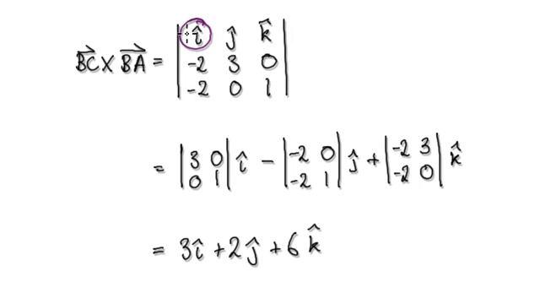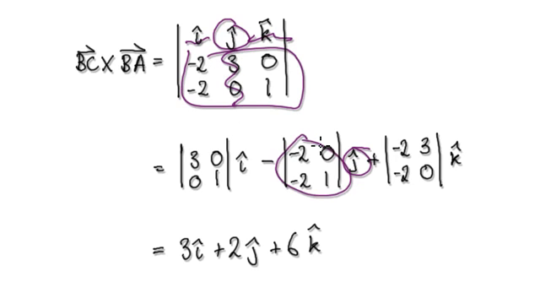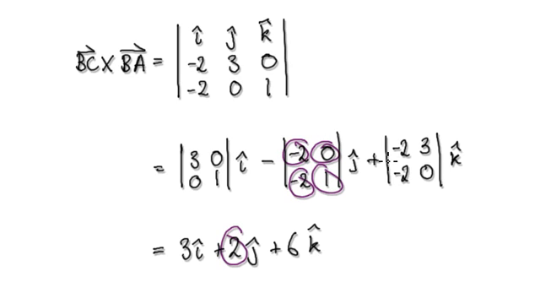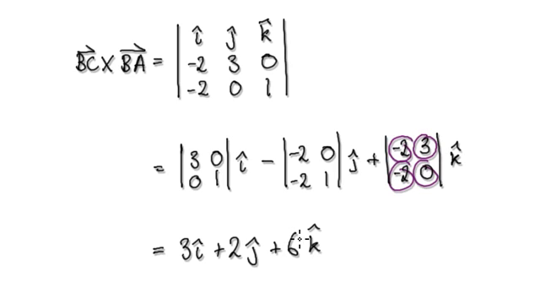So computing the cross product, your eyes should zoom into this, discard, look at these 4, and then your eyes should zoom into this, discard, and then look at these 4, and then your eyes should zoom into the K, discard, look at these 4, and then now the determinant, this times this, take away this times this, that will be 3, and then this times this, take away this times this, so that will be 2, because, well, think about it, and then this times this, which will be 0, take away this times this, so that will be,